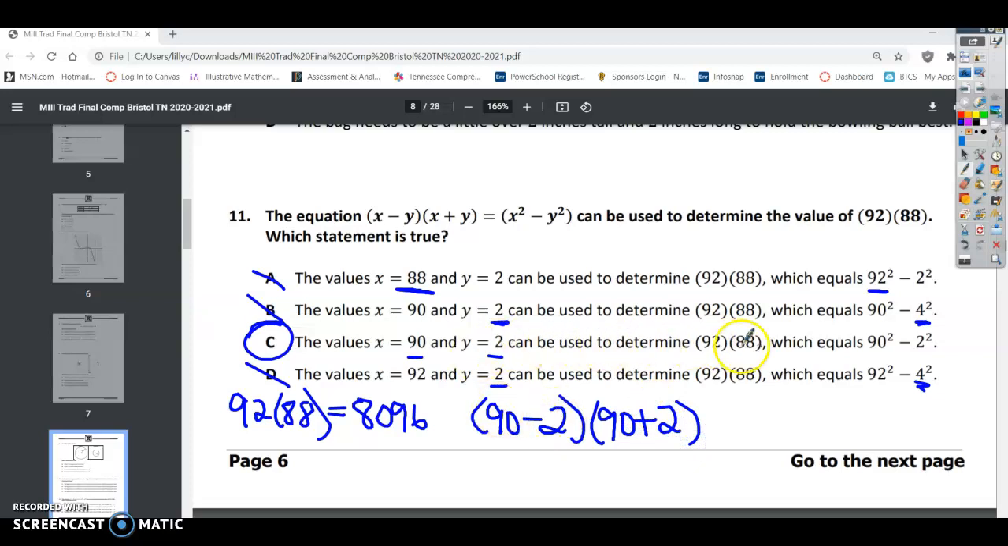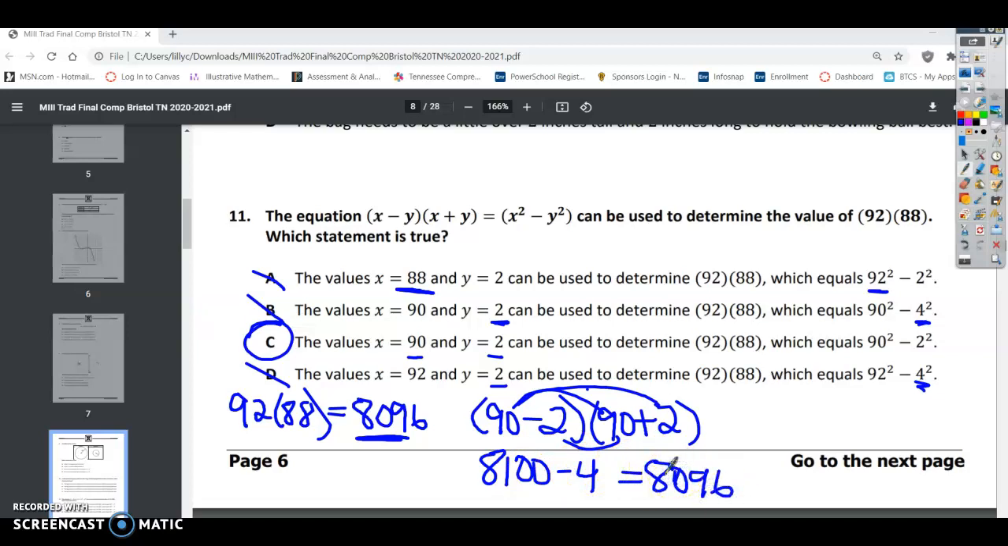And if this is equal, then that means that I should get the same thing I got when I multiplied 92 and 88. All right, so 90 times 90 is 8,100. So we multiplied here. We know that inside and outside terms cancel in a difference of squares. And then negative 2 times 2 is minus 4. 8,100 minus 4 is